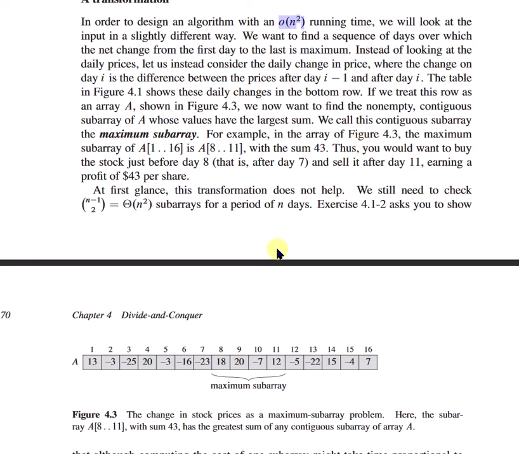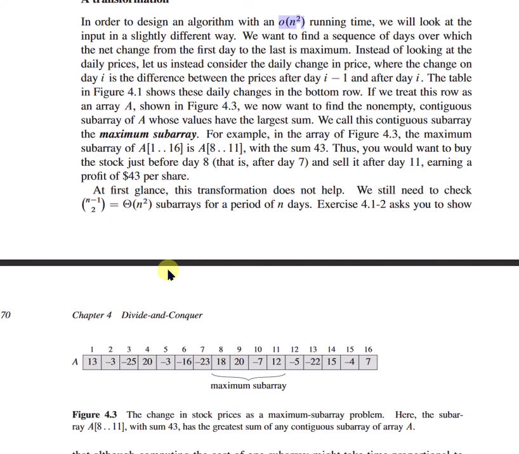For example, in the array of figure 4.3, the maximum subarray of 1 to 16 is A8 to 11. Thus, you would want to buy the stock just after day 7 and sell it after day 11, earning a profit of $43 per share. At first glance, this transformation does not help. We still need to check